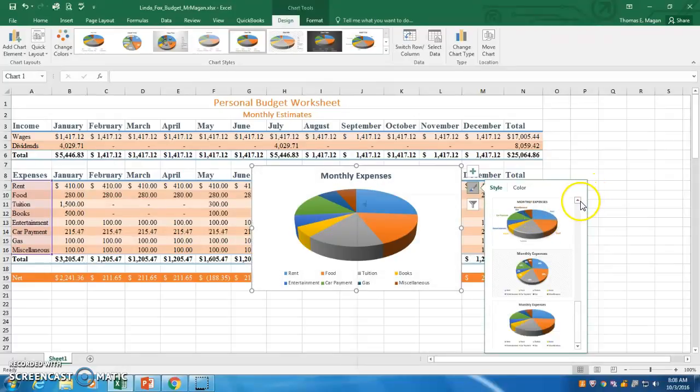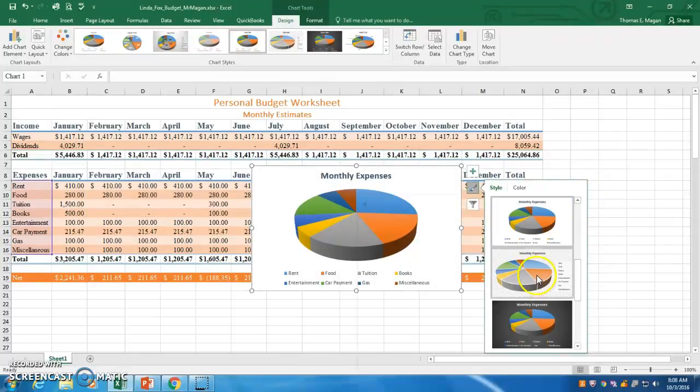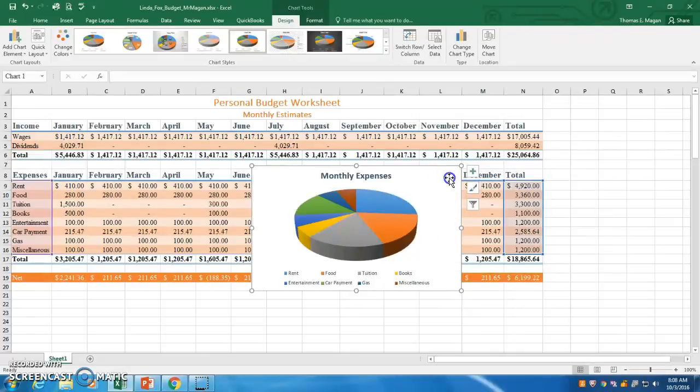But we're going to go with Style 5, which I already applied. So just to make sure, Style 5. Okay. So I can click away from there, or click again to close it. Okay, now still with the chart selected,